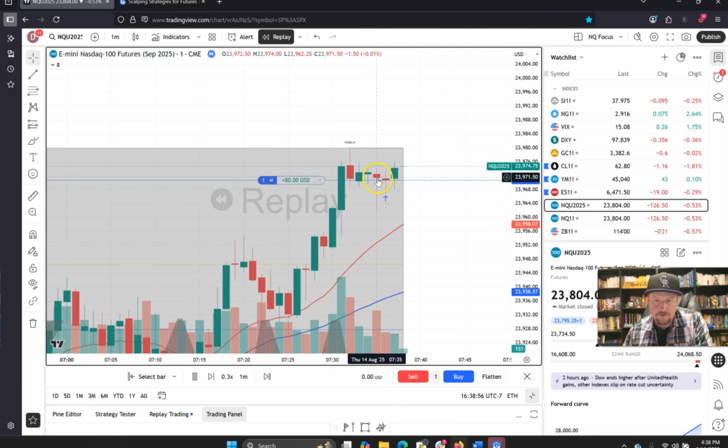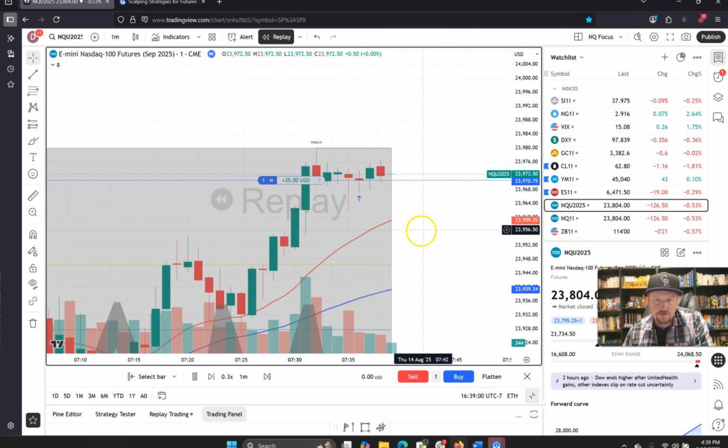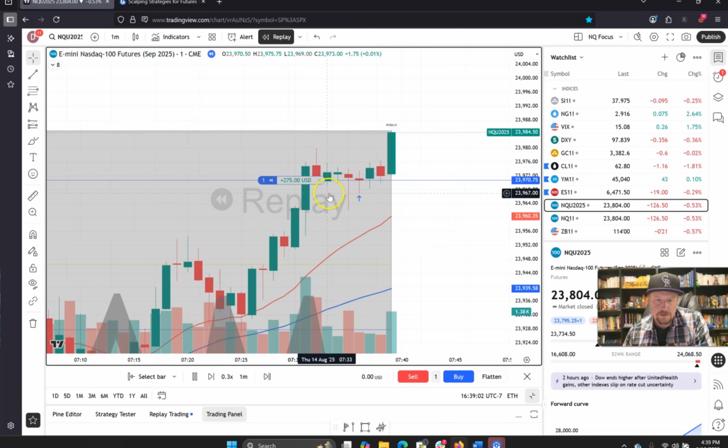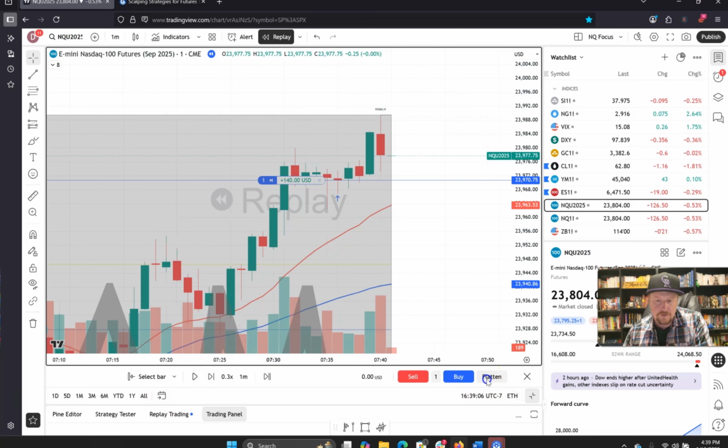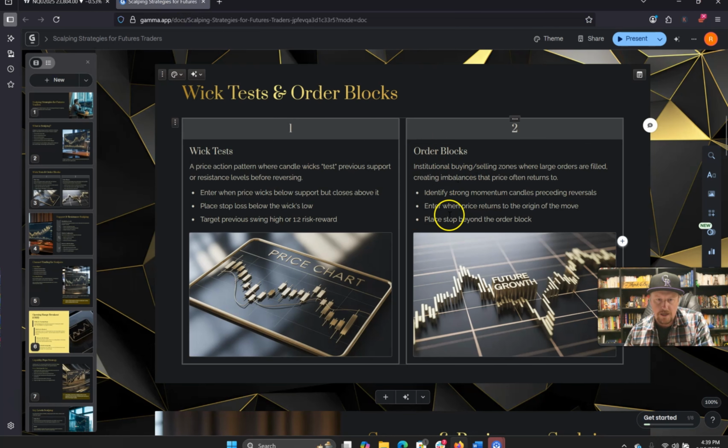This is a scalp. I'll try and find some more live wick tests that I do during my trading. But boom, right there, we came back down. We hit this wick, bounced up. We ride that thing up for a little bit of profit. Okay, beautiful. Now, wick tests are a little bit harder to show on the back testing, whereas order blocks are